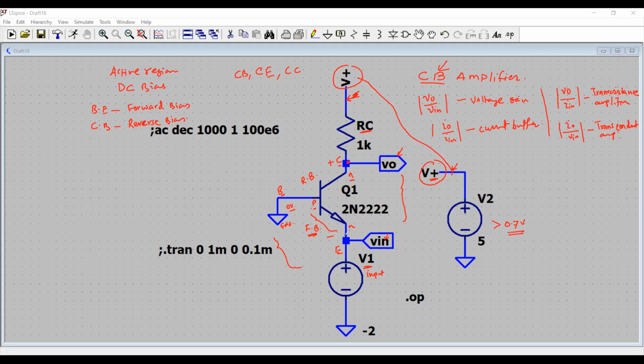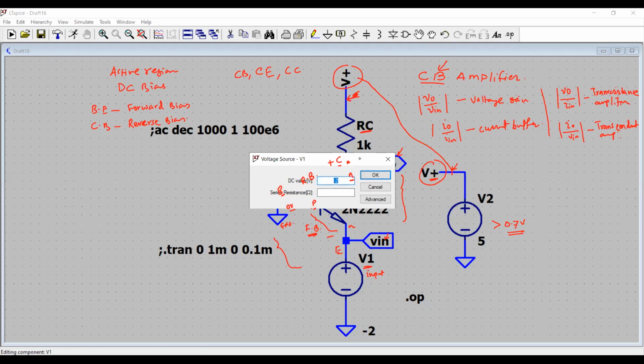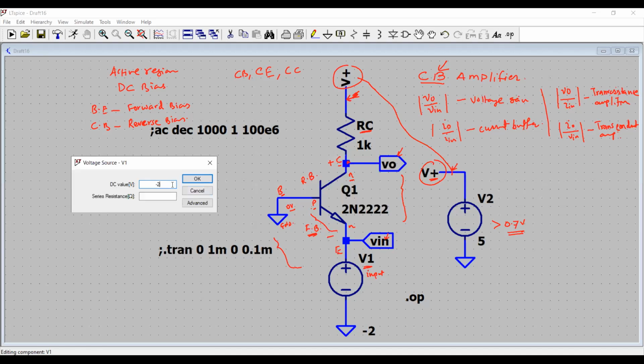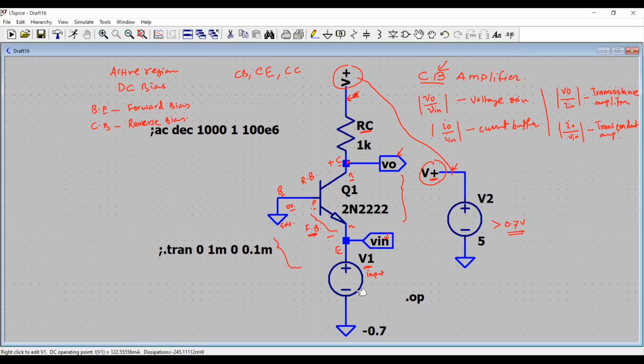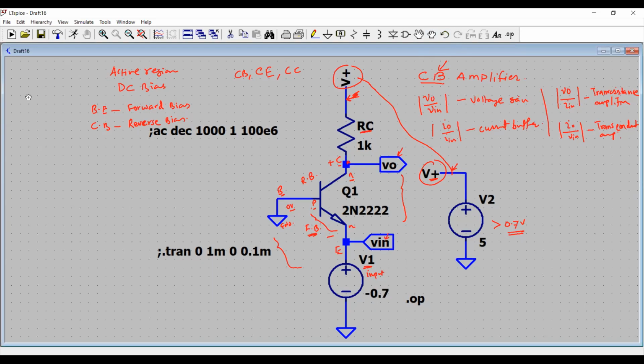That's the input junction condition. So I will right click this voltage source and give the bias, let's say 0.7 volts. If I have 0.7 volt at the emitter and the base is connected to ground,